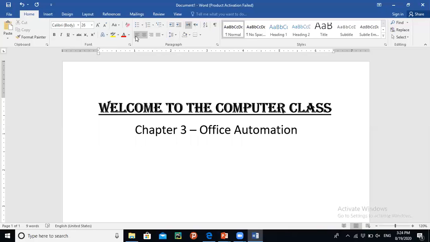Now I am again going to change the alignment. I am going to make it to the left, and I am going to type some text so that we can explore some further options.